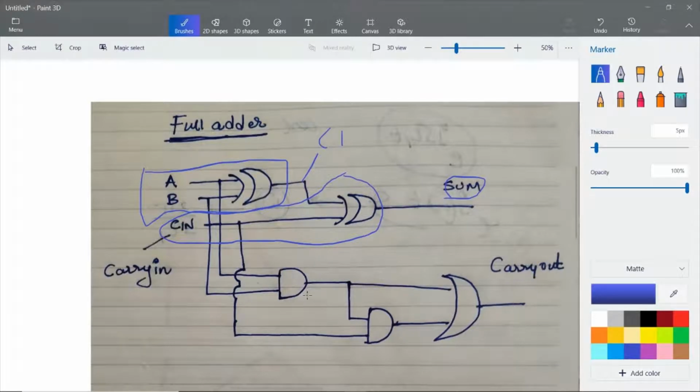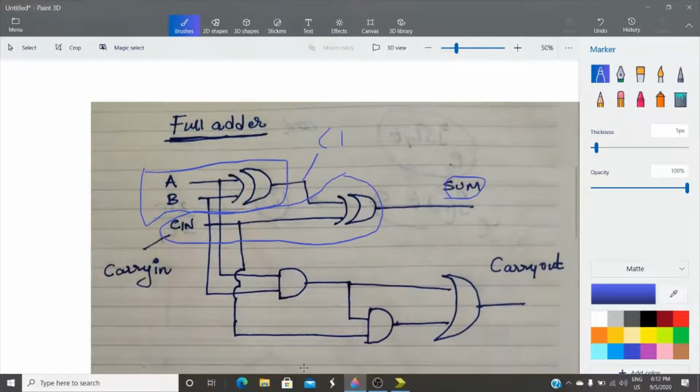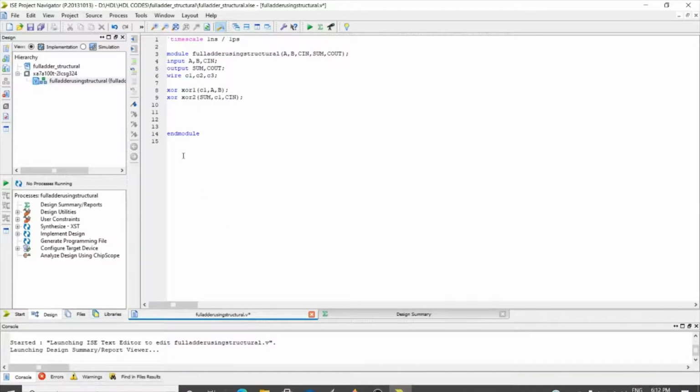Now we need to instantiate these AND gates. The keyword is and, and 1 is the name of the module. Now what are XOR 1, XOR 2? These are just the names of the modules. What are the inputs to this?